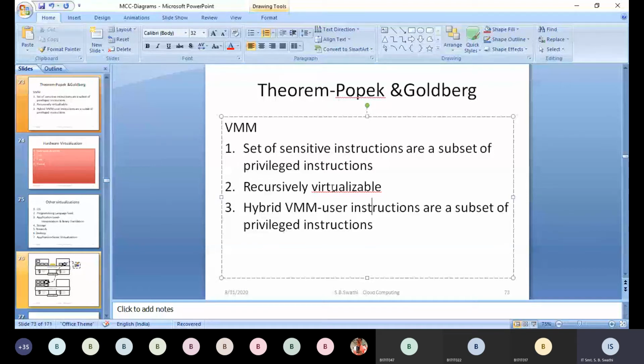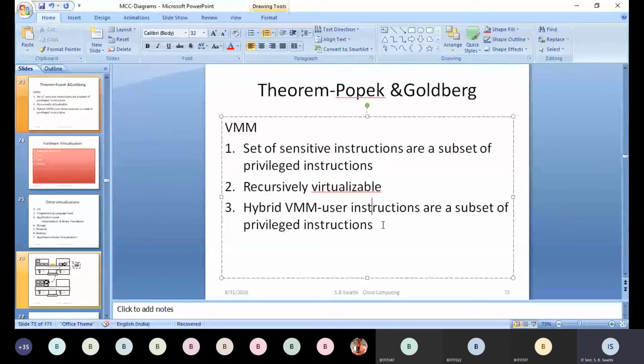Binary translation means what? What is binary translation? Binary translation is where a group of instructions are executed at a time instead of going for one instruction at a time.